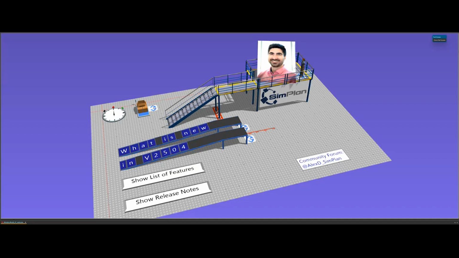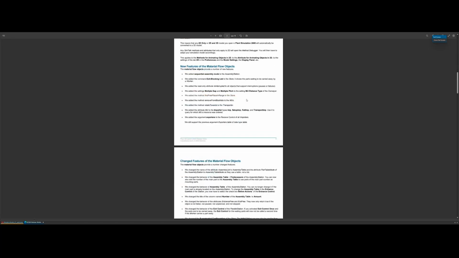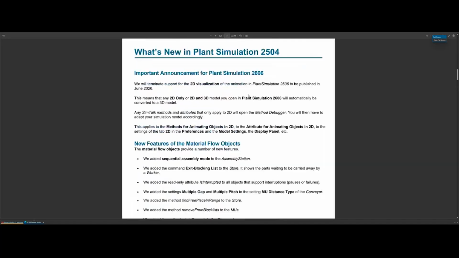Of course, when you look at the new version and you want to find out what new features there are and what you can now start using, you should always simply go into the help or look at the release notes. There's a specific section called What's New for the different versions, and you can just scroll through there.